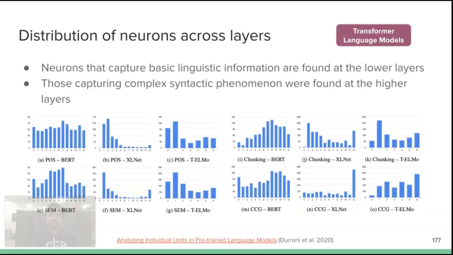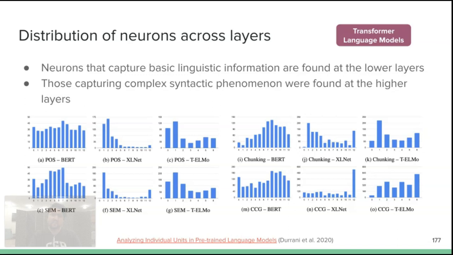Once they found the minimal set of neurons required to carry different tasks, they analyzed how the spread of neurons is across the network and across different layers in the network. There's a lot going on this slide, so there are 4 tasks: part of speech tagging, semantic tagging, chunking, CCG tagging, and we study the spread of neurons in these tasks across different layers in